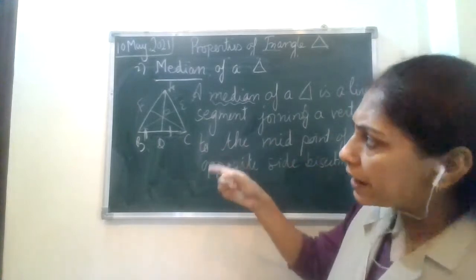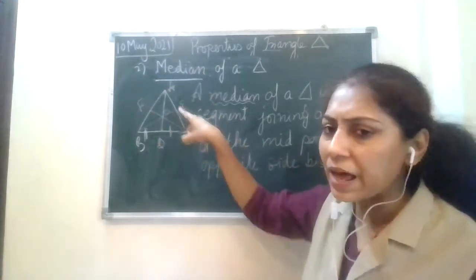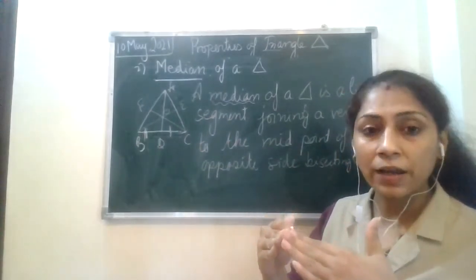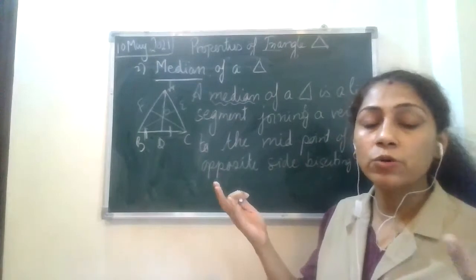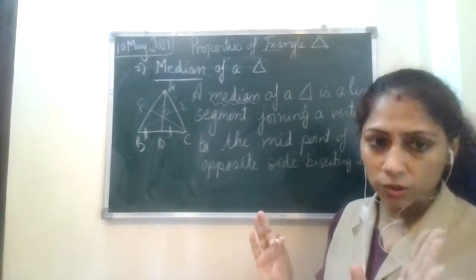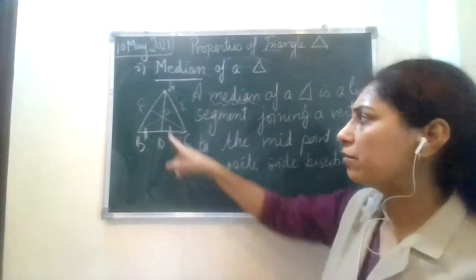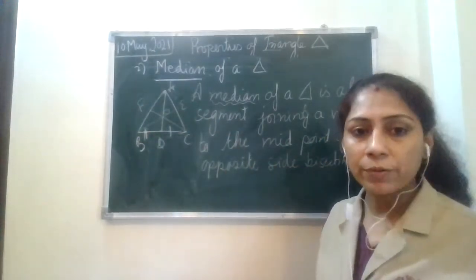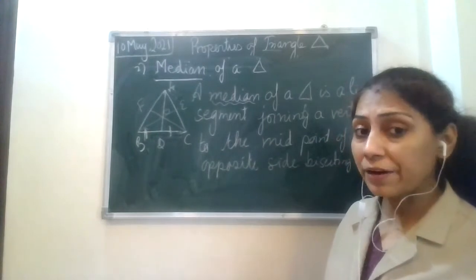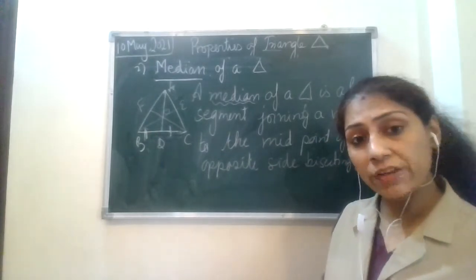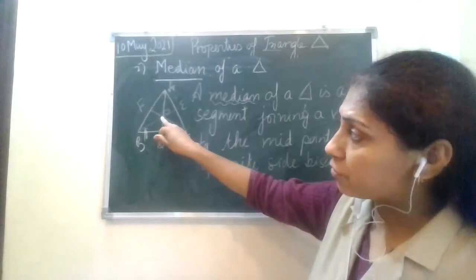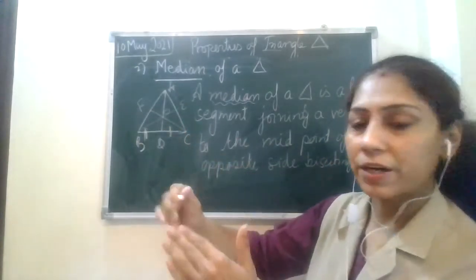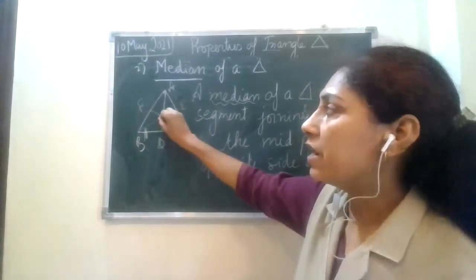Try to correlate. If things are in parity, then when the medians cross, they will go through one single point. But if it is a scalene triangle, that doesn't happen. It may go from anywhere randomly. Two lines cross, but the third goes somewhere else. But if the triangle is in parity, an equilateral or isosceles triangle, it will definitely maintain the center O. All the medians will meet at one point.